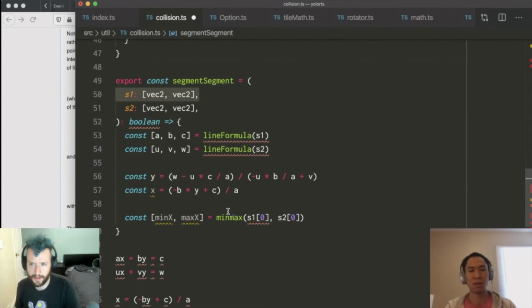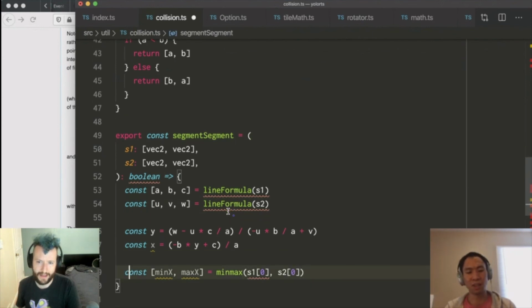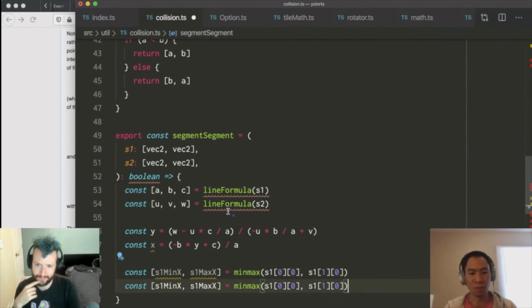Do we get ranges? Is that a JavaScript construct? No, it would just be what we define. We're probably not going to need it. It just needs to be S1 0 0 and then S1 1 0 to get the range of S1. This is min S1 X, and S1 max X, and then the Y would be...